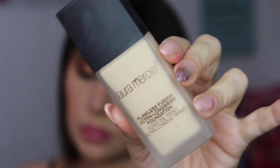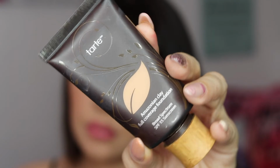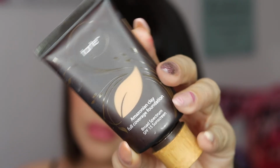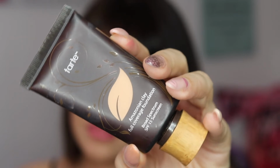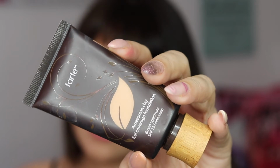I prefer a more radiant one, but I like the matte ones because they last longer on my skin. This is the Tarte Amazonian Clay Full Coverage Foundation. I purchased mine in the shade Tan Sand. I don't know what I was thinking. I'm super light and this doesn't suit me, but I've had it before in another shade and it's a wonderful